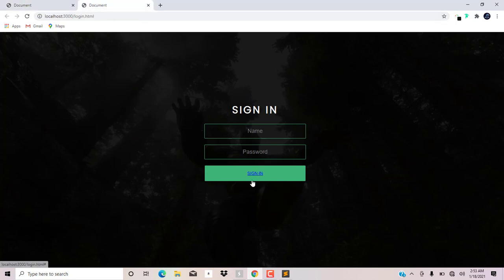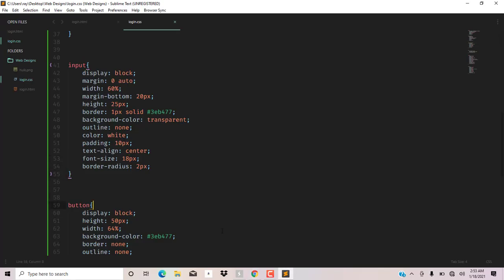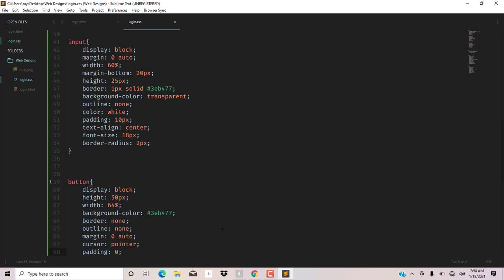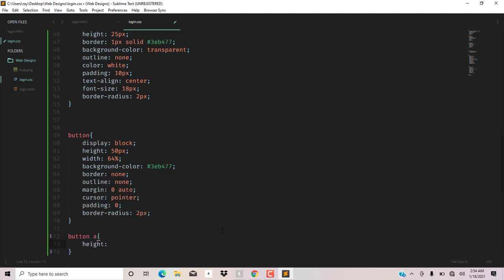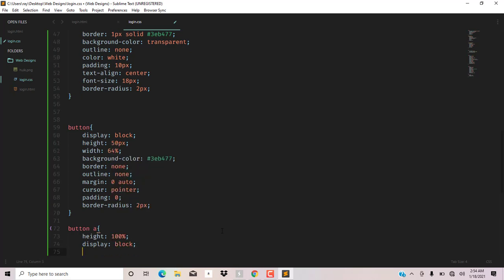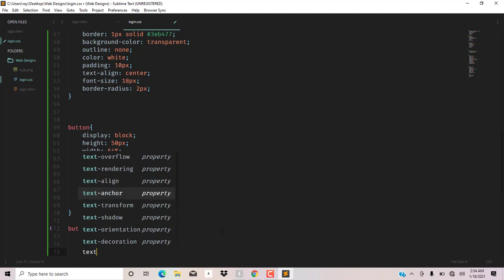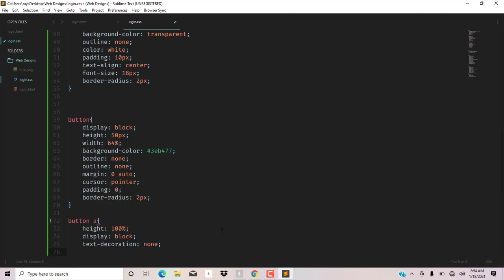Now as you can see, the button is actually blue and has this text underlined, so we need to fix that. Let's start the button next, so head over down. Button, A tag, we got height 100%. So whenever the person clicks or hovers over the button, we want the link to take the full width to A tag itself. Display of block, text decoration none. So I'll get rid of that underline under the text,